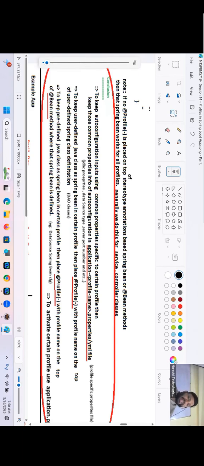To keep a user defined Java class as a Spring Bean in a certain profile, place @Profile with the profile name on top of the user defined Spring Bean class. To keep a predefined Java class as a Spring Bean in a certain profile, place @Profile with the profile name on top of the @Bean method where that Spring Bean is defined. To activate a certain profile, you have to go for application.properties or YML file.